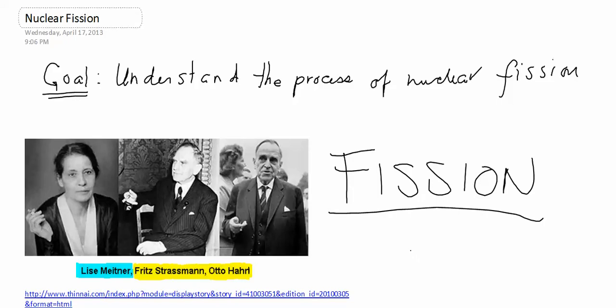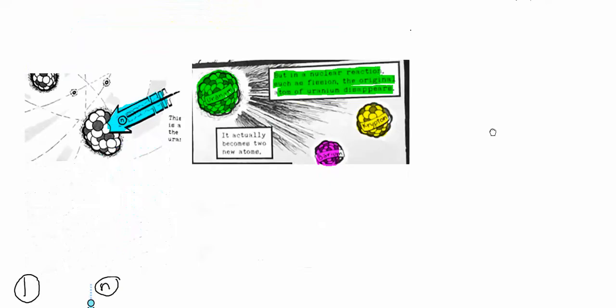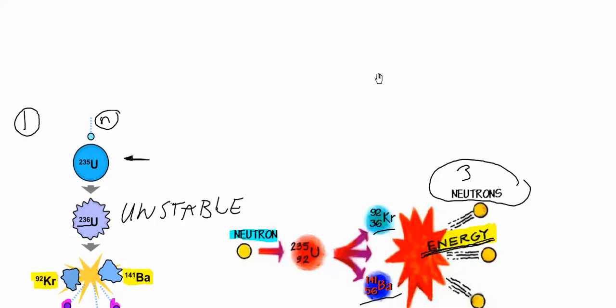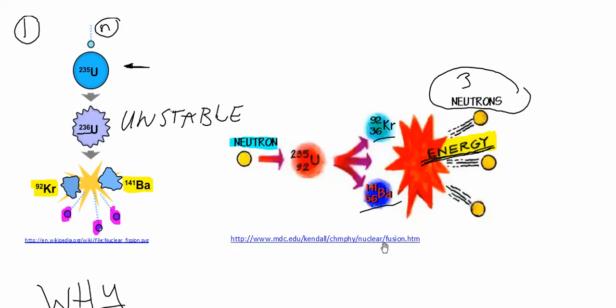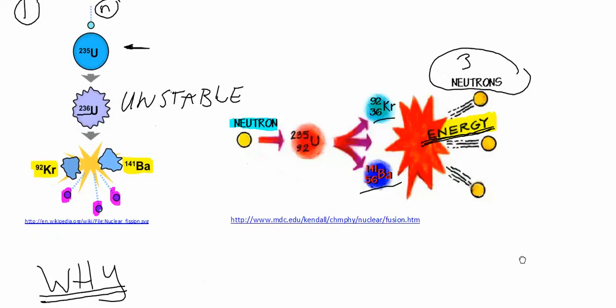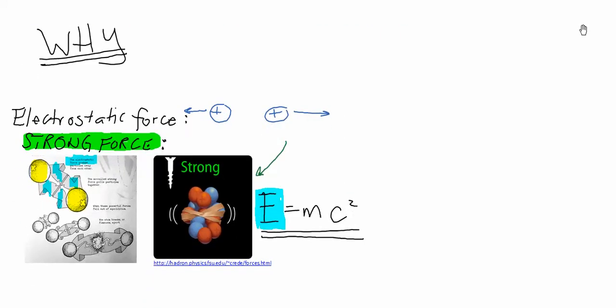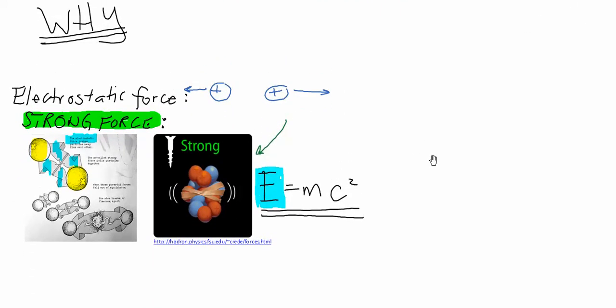And so in review, we talked about Lise Meitner, Fritz Strassmann, and Otto Hahn, the scientists who are really responsible for the discovery of fission. We talked about how fission begins when a neutron hits the nucleus of an atom, in this case uranium, making it unstable. When you have that unstable uranium atom, it's going to split. When it splits, it creates krypton and barium. It also releases 3 neutrons and a huge amount of energy. That huge amount of energy comes from us unleashing the strong force, which is the force that binds the nucleus